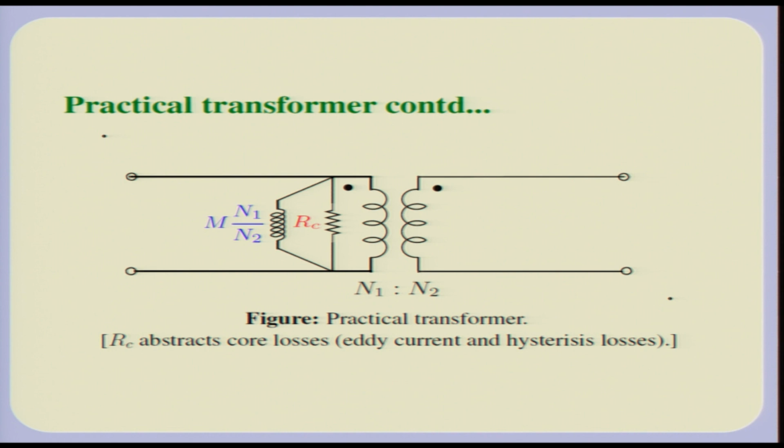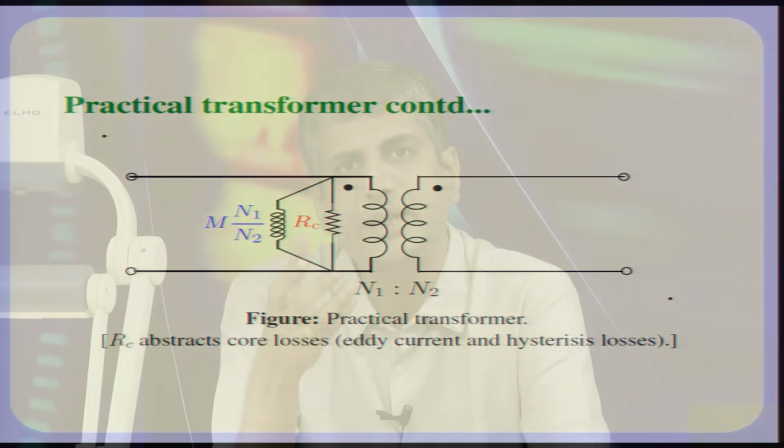Another aspect of a practical transformer which I had mentioned in one of the earlier lectures on self inductors, when we were discussing self inductance, was that usually these coils are wound on a ferromagnetic core. Why do you wind it on a ferromagnetic core? The reason is that the ferromagnetic core has a relative permeability which is quite large compared to free space or air, as a result of which, for a smaller current you can have larger